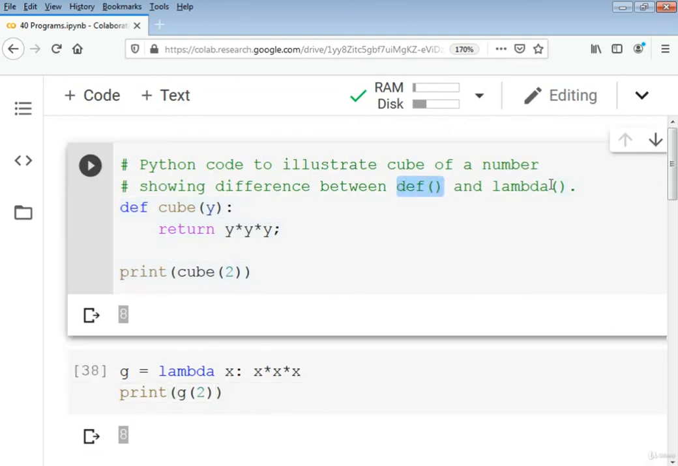So I hope you learned well this difference between defining a function